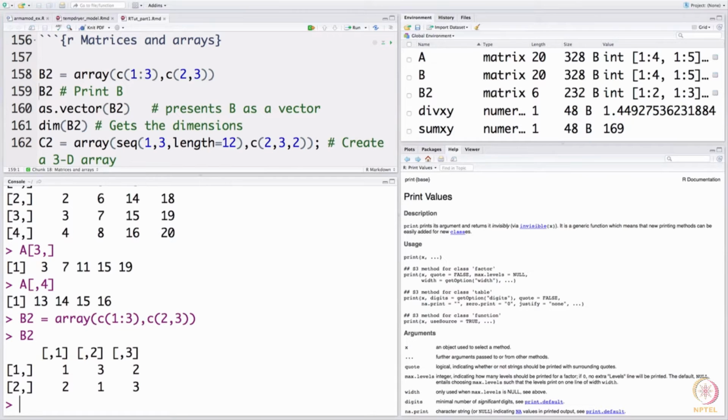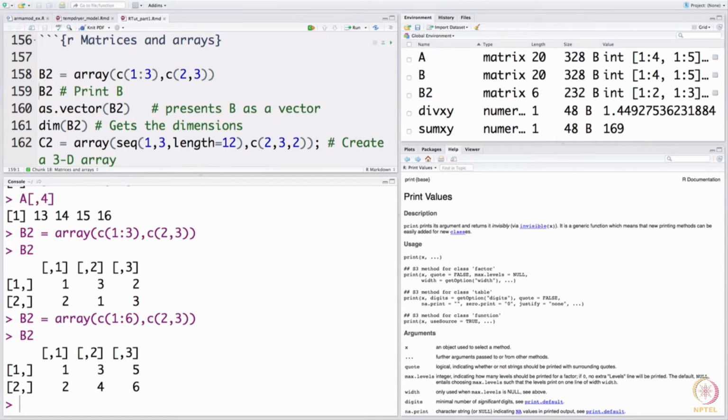So, what it has done, of course, I have not supplied enough elements, therefore, it has recycled those elements, but the syntax for array is the same as the matrix, a bit different, but you have to supply the data and you have to specify the number of dimensions as a vector. For example, here let me actually do this again, so that it is more clear. So, I have here 1 to 6 elements being supplied to array, and I am telling array to create a matrix with 2 rows and 3 columns,